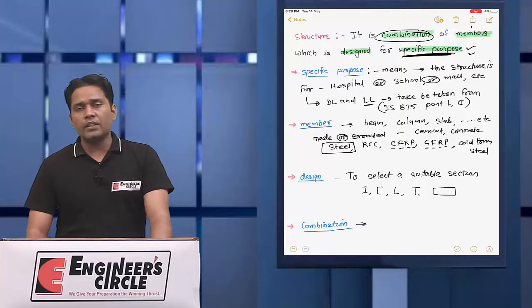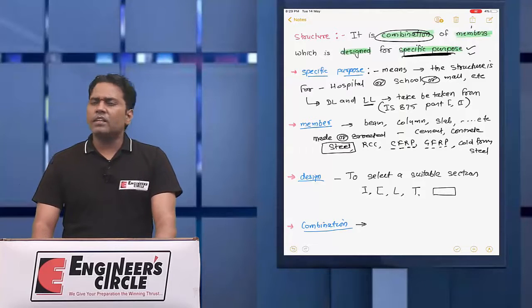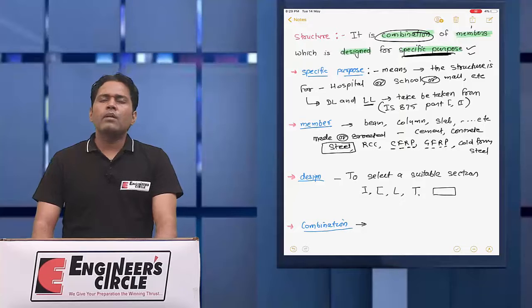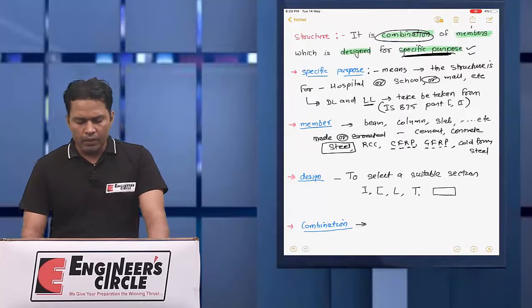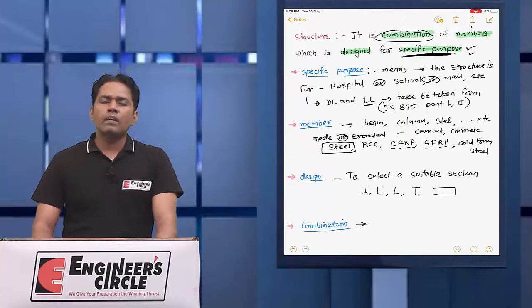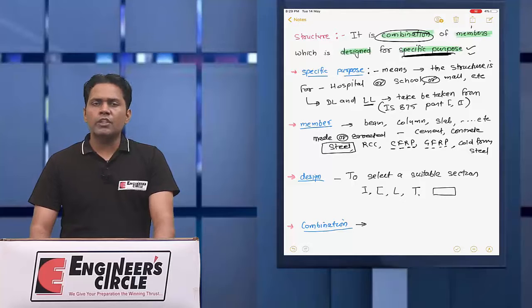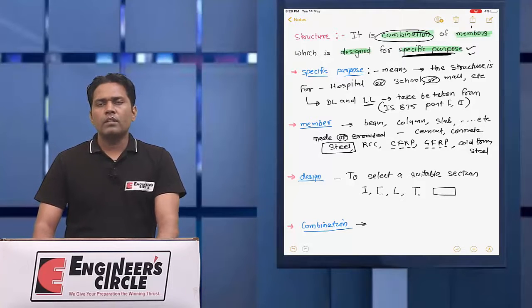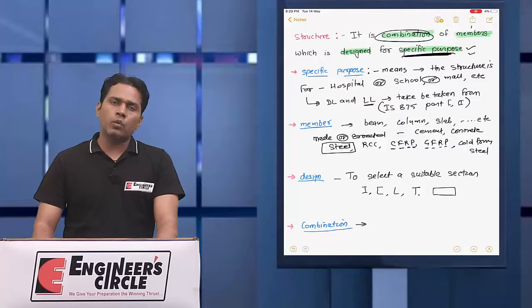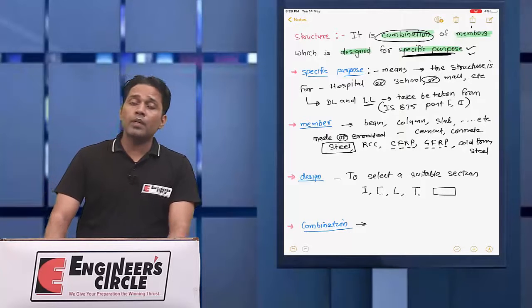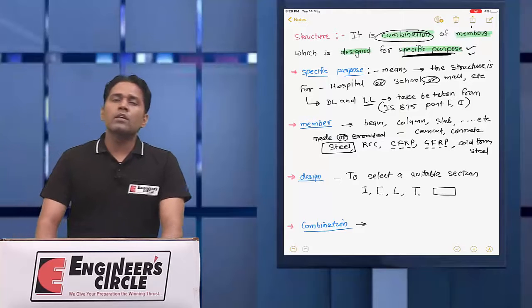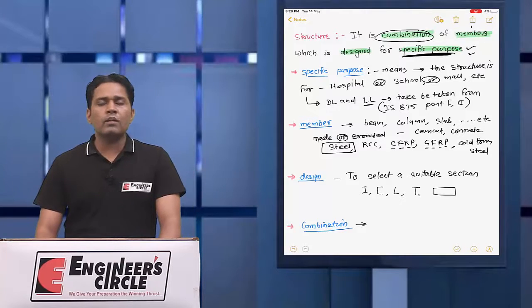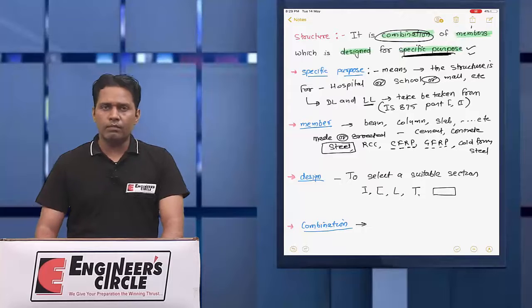If at any section, whether in the member, at the joint, or anywhere in the structure, the equilibrium condition is not satisfied, then the structure will not be able to transfer the load. The structure will undergo rigid body rotation or translation, or we can say the structure becomes unstable.